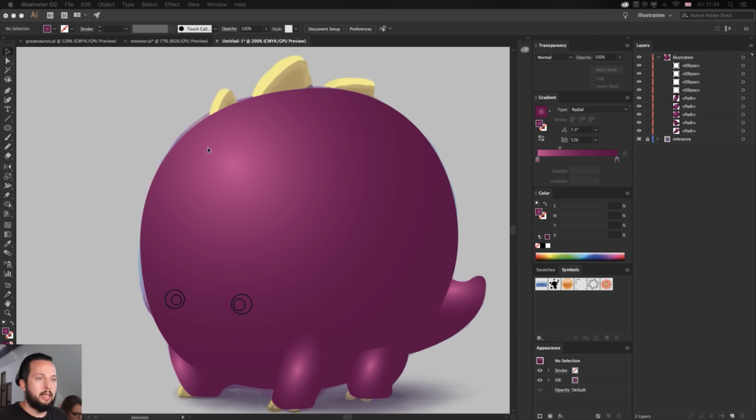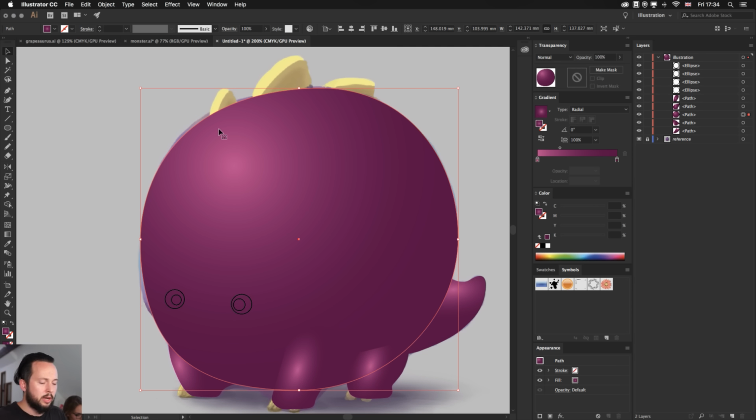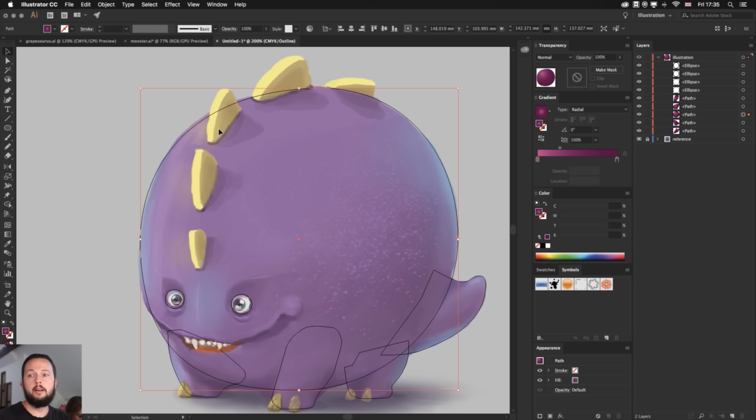Cool. So let's move back to our design, and quickly let me add these shapes. In this case, I'm going to press Command Y or Control Y to have visibility of the shapes. This is really cool, and I use this all the time. Even if you already have your colors, in this case all these gradients in place, you can still see your original reference very quickly by just pressing Command Y or Control Y. So we are in outline mode, and then we can start drawing again.